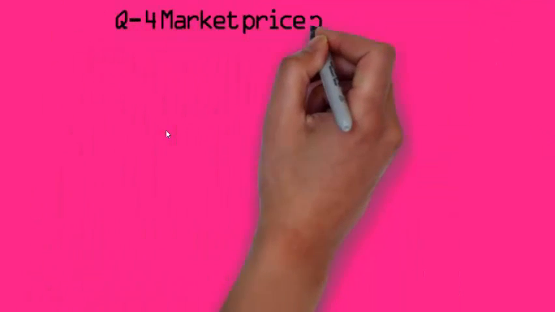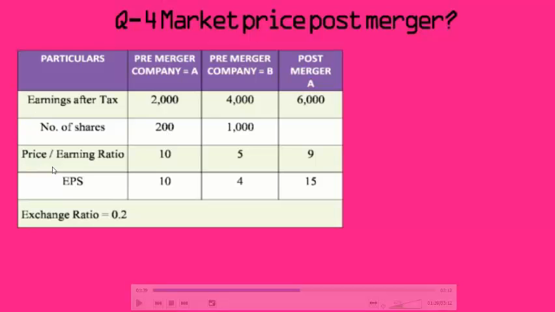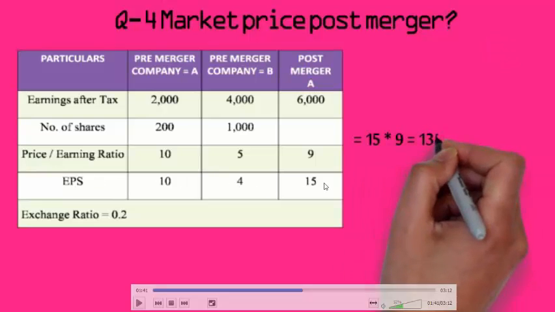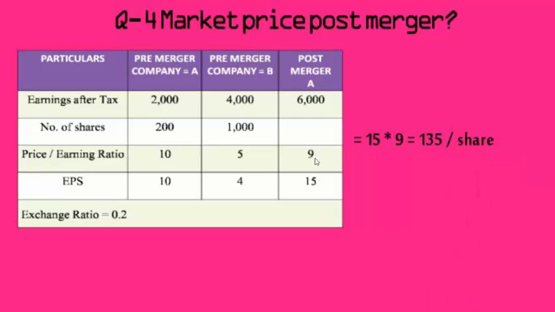Now moving to question 4, that is the market price. What is the market price post merger? So the ratio that we will be using for calculating the market price is price earning ratio. That is the price earning ratio, EPS, that is 15 multiplied by 9, that means 135 per share will